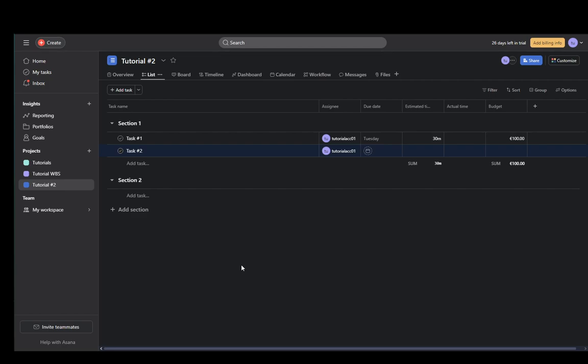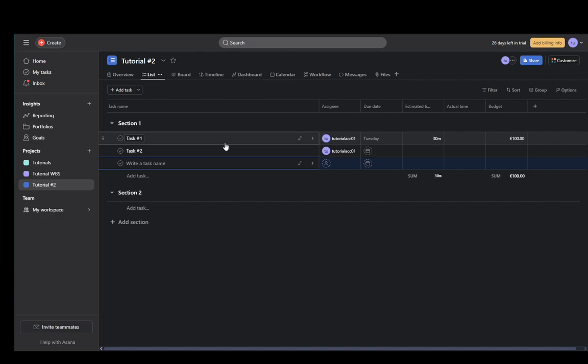In this video, I'm going to be explaining to you guys how you can create tasks in Asana, so let's get right into it. Now, as you can see, I'm in a project named Tutorial 2, and I have already made two sections, and the way you add tasks into these is click here on add task,